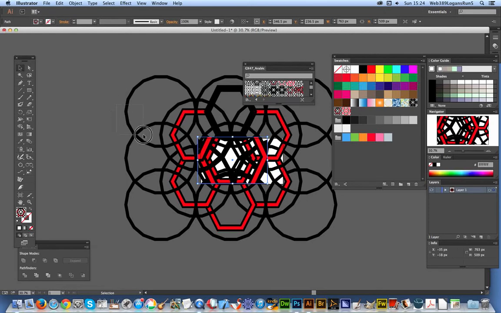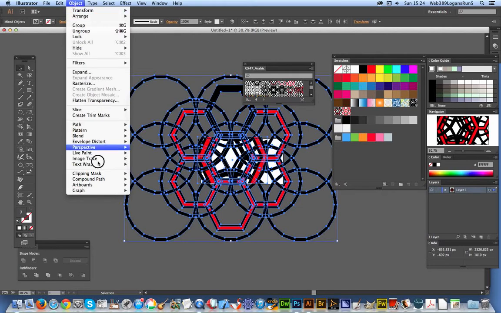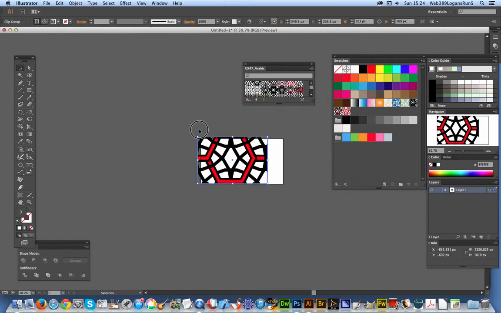Now I can just select all that, and that's the top path. This is obviously just the path I've just created. It's the top path, and when I do that, I can go to Object, Clipping Mask, Make. Okay, so you've actually got the design now here. Now I've done that, I can copy that across,